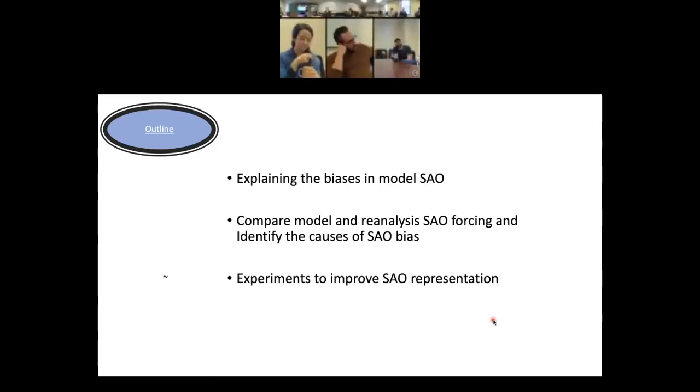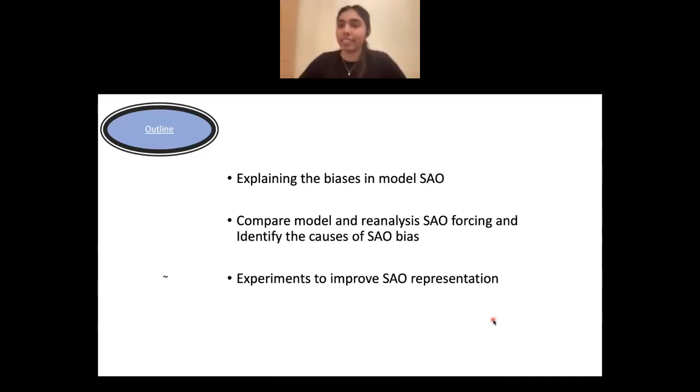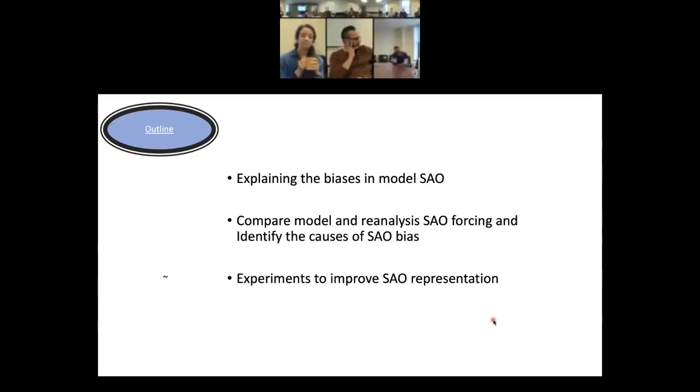I wonder if the lack of improvement is because there's a fundamental problem with their convection or rainfall. Maybe the gravity wave parameterization is okay, but if they have bad inputs, bad rainfall or bad convection, then it wouldn't be improved by changing the gravity wave parameterization. I wonder if that's a possibility.